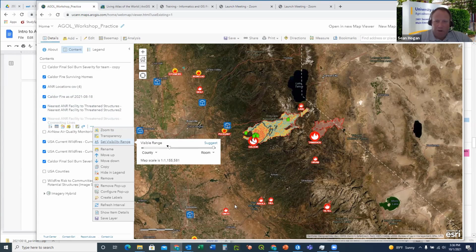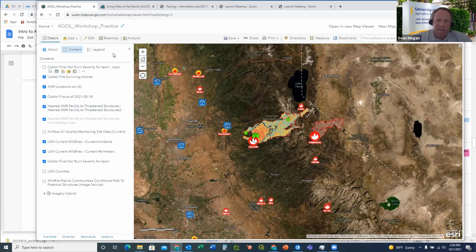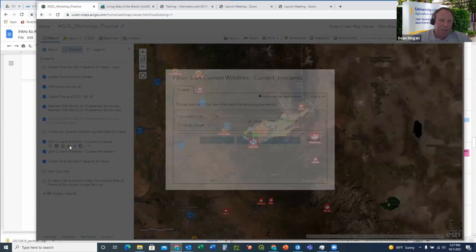You can do that with any number of the other ones too, but we don't necessarily need to do that. The other way of getting rid of stuff that you don't need is to come back to that good old handy filtering step. So you see all of these different features out here, these fire features that are kind of distracting. Remember, you want to emphasize the things that are most important, and maybe you don't want to emphasize the Ironclad fire. So what I would do is go down to USA Current Wildfires Incidences, click the filter,